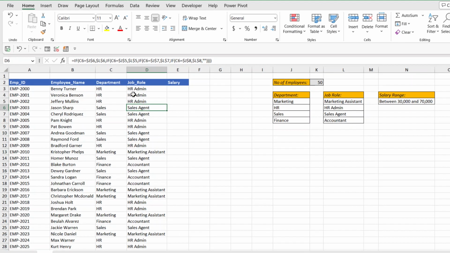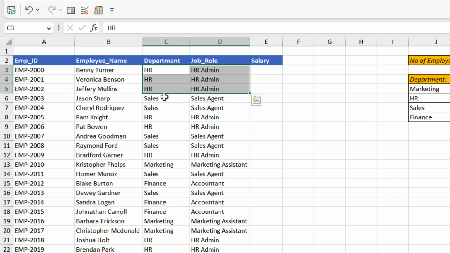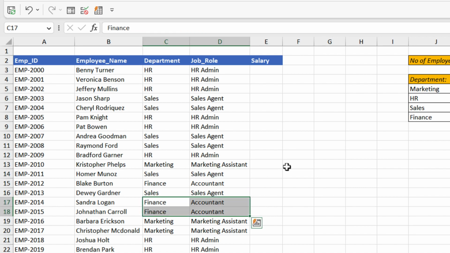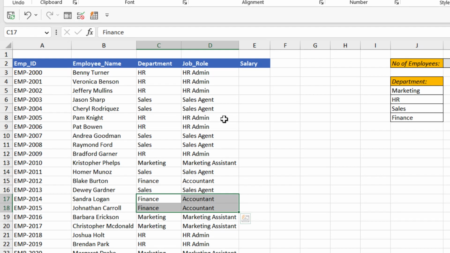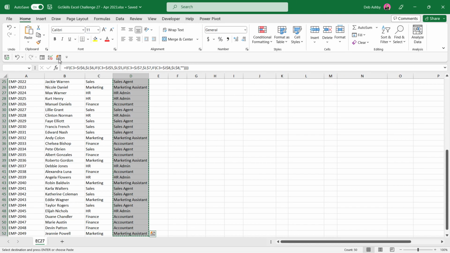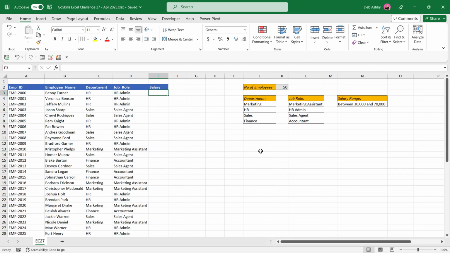So let's just do a quick visual check. HR, I've got HR admin. Sales, I've got sales agent. Marketing is marketing assistant. Finance is accountant. So everything looks like it's worked perfectly. And of course, once again, you can go in, Control-Shift down arrow, and you can throw away these underlying formulas if you want to. The final thing I asked you to do here was to generate a random salary for